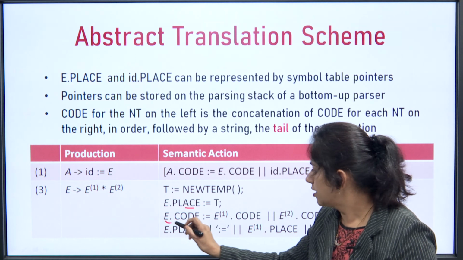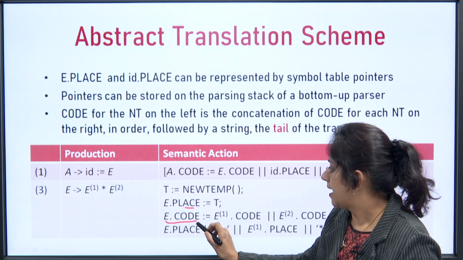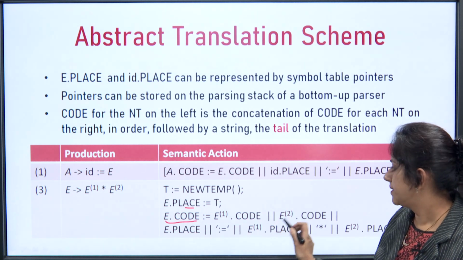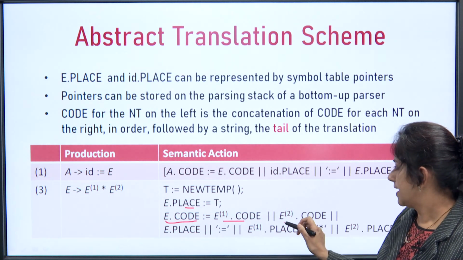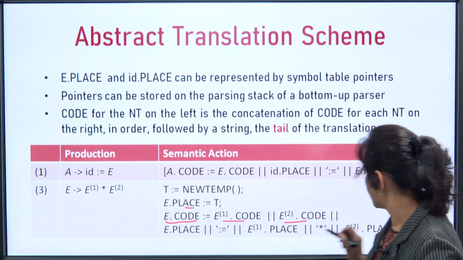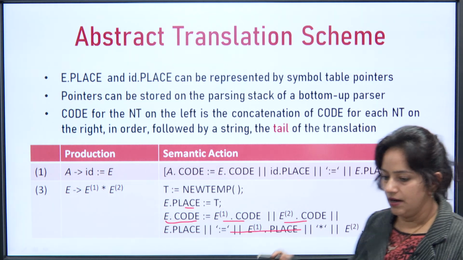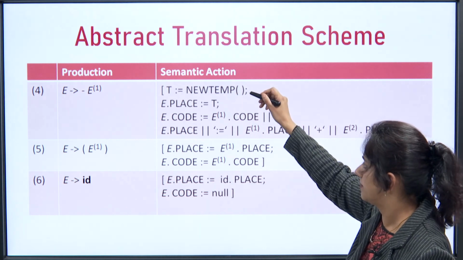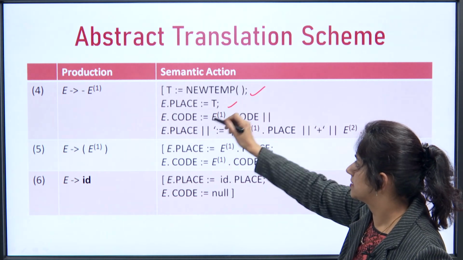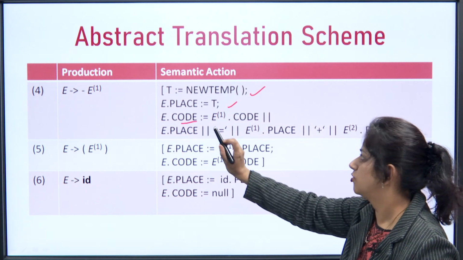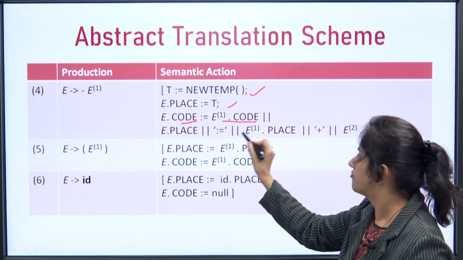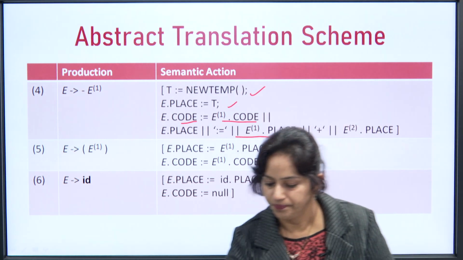And now, this E.code has the non-terminal on the left in terms of the non-terminals on the right. So they will be written in sequence and followed by the tail. Every rule is written like this: we are creating the variable, this is T1, this is the holder, and then we write E.code, the right-hand-side non-terminals, followed by its tail.